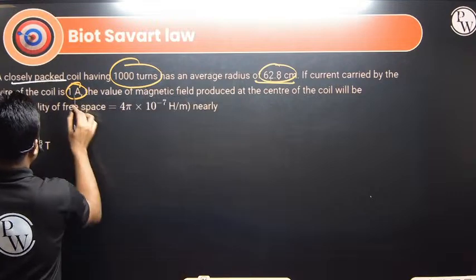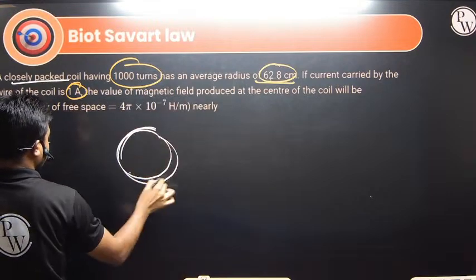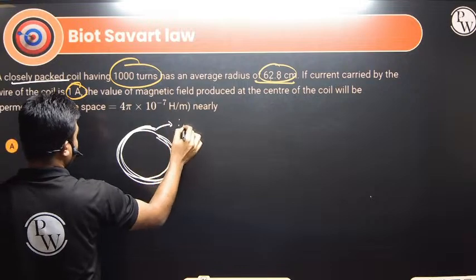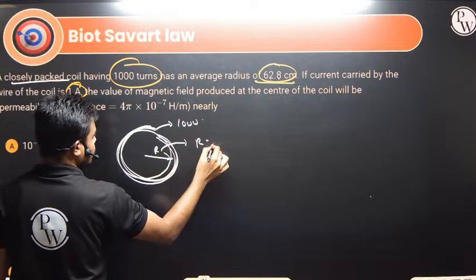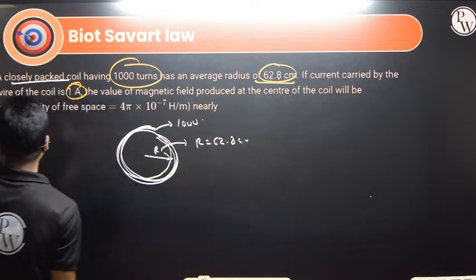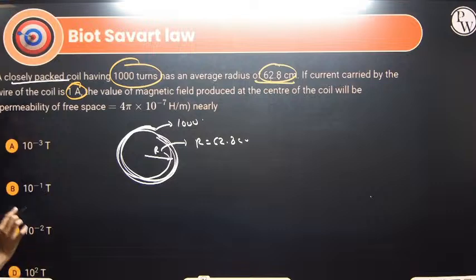They have given the closely packed coil: 1 turn, 2 turns, 3 turns, 4 turns, like that. How many turns have they mentioned? 1000 turns they have mentioned. The radius they have mentioned is 62.8 centimeter. So next, if you talk about this, they are asking what is the value of the magnetic field at